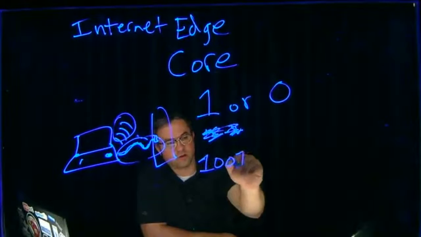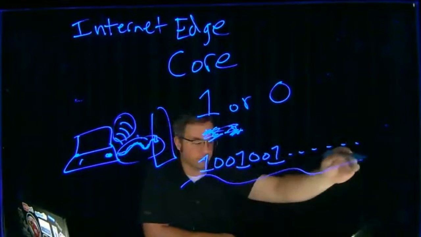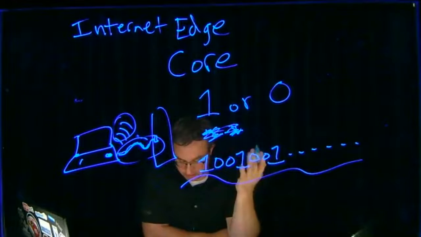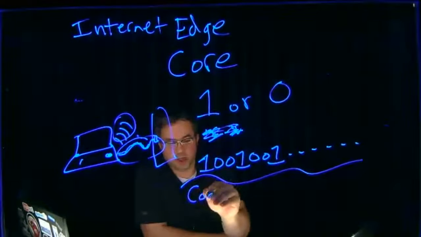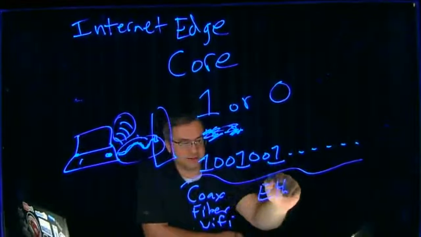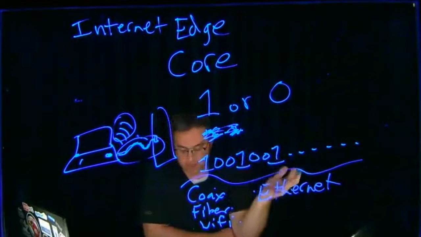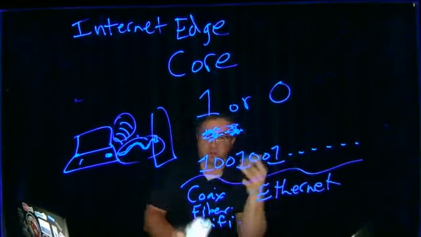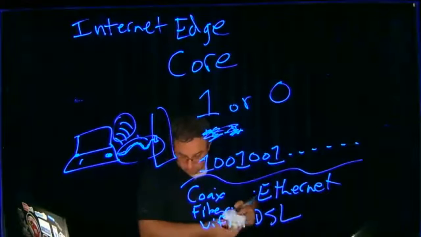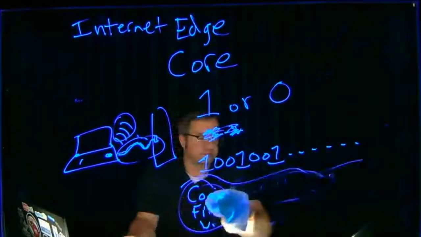And going over the line is just a sequence of things going over the cable. Which is fine, because that's how computers talk. So it's not anything magical, whether it's coax or fiber or Wi-Fi or Ethernet. It's all the same. It's all just ones and zeros. These are just different transportation methods. So that's nice, because the internet works no matter where you are, DSL, things like that. So let's talk about these actual transit methods then.